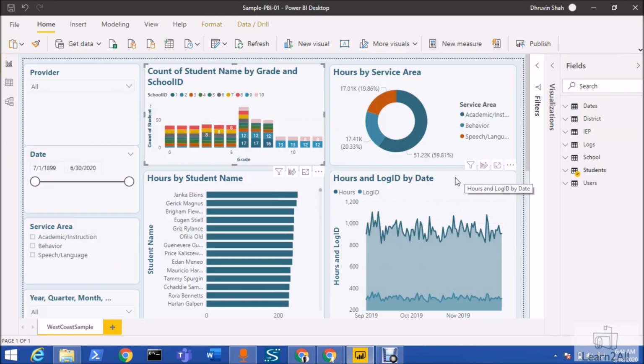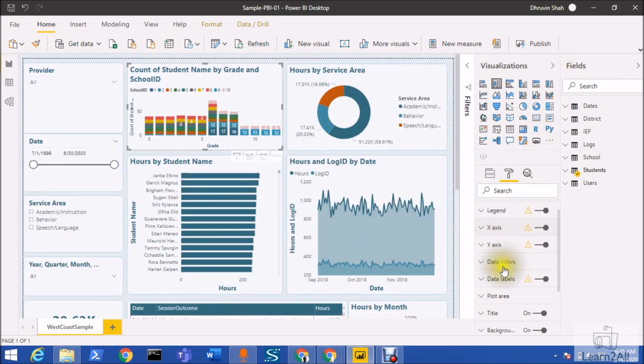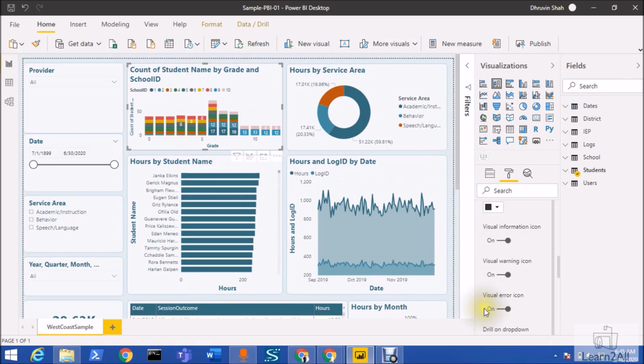Now let's say, for an example, in your organization, you have some visualization which is very important and you do not wish that end users can change it. So as a report owner you can also restrict this. For that, just click on this visualization, go to the format property of the visual, expand visual header, and here you will have the personalize visual option. Just turn it off. So whenever you publish this again, the end user will not be able to see the personalize visual icon on your visual, and will not be able to personalize the visual.